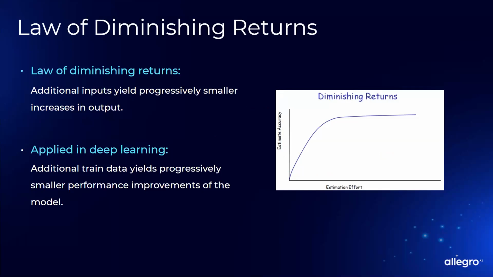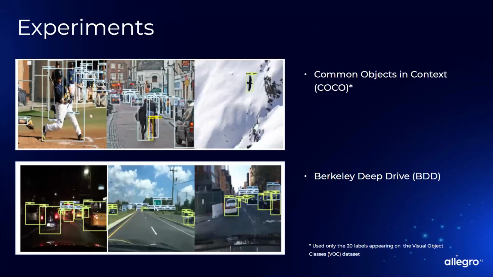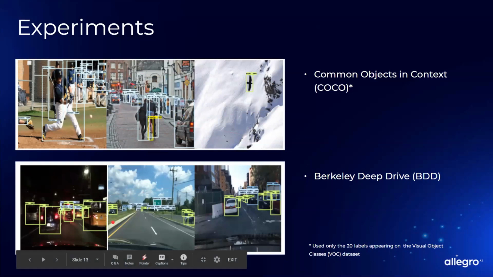We can't talk about their data. We actually can't see their data, but we recreated everything in two very common data sets. It's called COCO, the Common Objects in Context, and Berkeley Deep Drive, which is a data set for driving. So in COCO, you have various images with various subjects. In Berkeley Deep Drive, if you put a dash cam on your vehicle and annotated everything, that's Berkeley Deep Drive.